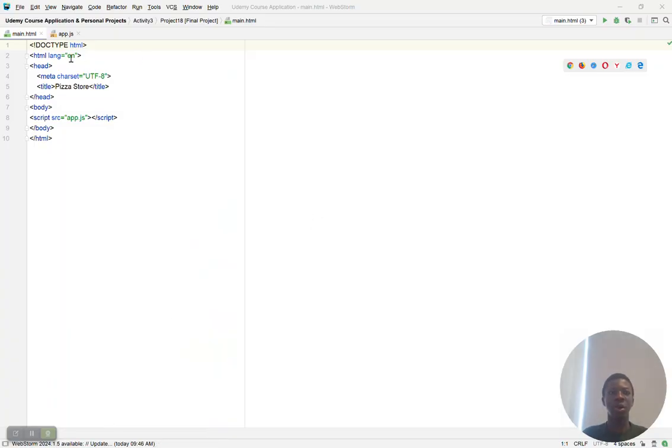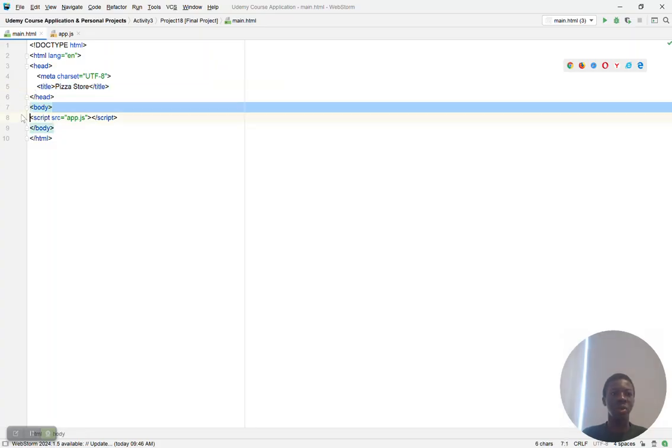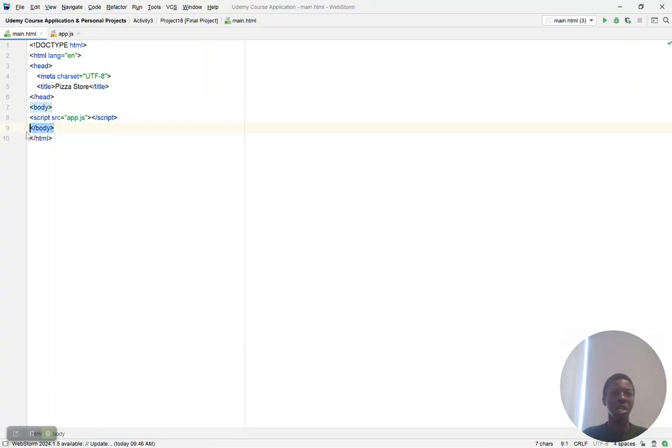Here with me today is the code, and you've usually seen this before. Doctype HTML, then HTML lang equals English, then head. Then the meta charset is UTF-8. Then the title is Pizza Store. Then it's the end of the head, so the title of the website is Pizza Store. So once we test it. So the body is actually the script, with the source equal to app.js. Then that's the end of the body itself, because the body is typically made from JavaScript. And then that's the end of the HTML file. So we move on to the